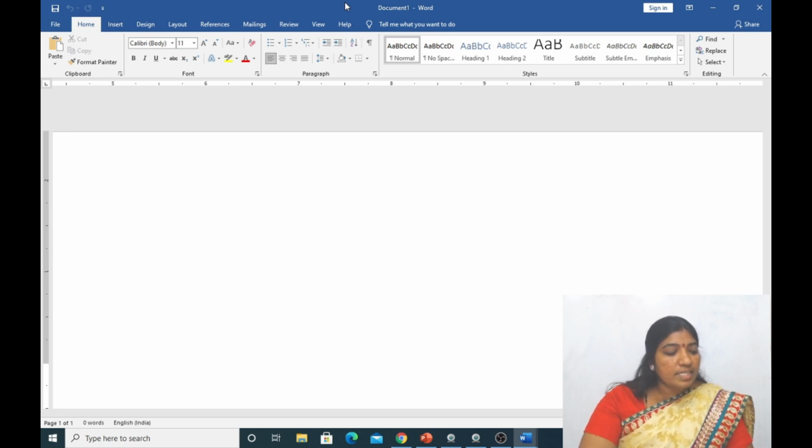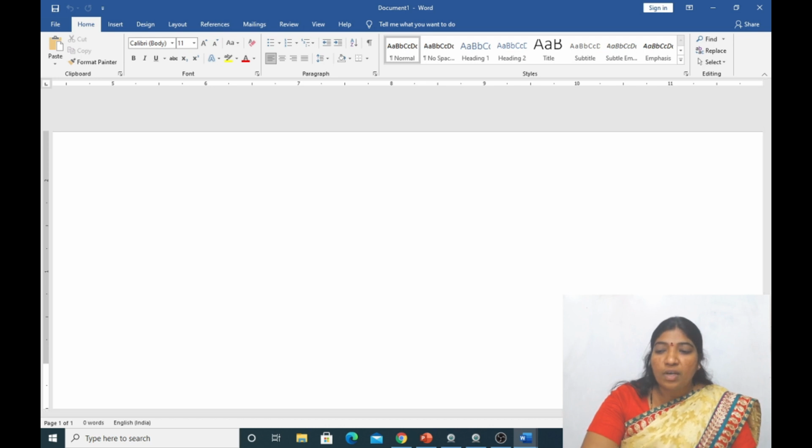After this, let's see what the components of MS Word 2010 are. They are nothing but the title bar, quick access toolbar, ribbon, file tab, document window, status bar, rulers and the scroll bars. This is all about the components of MS Word. Let us take them one by one. Let us make use of this in a document area.